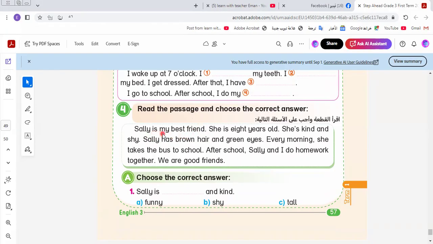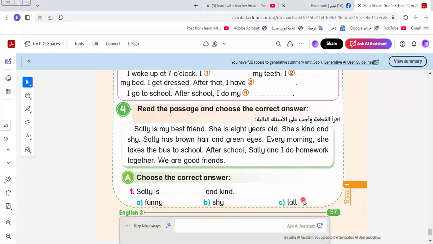Sally. Sally is my best friend. She's 8 years old. She's kind and shy. Sally has brown hair and green eyes. Every morning she takes the bus to school. After school, Sally and I do homework together. We are good friends. Sally is patient and kind,